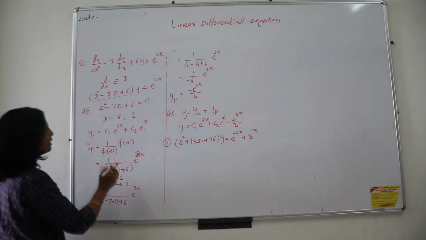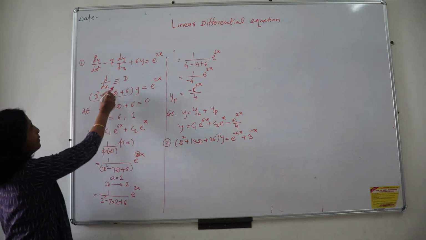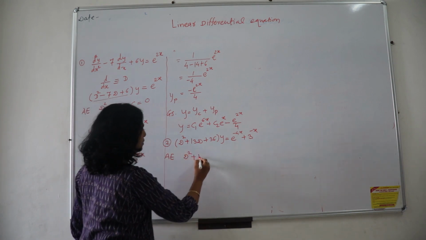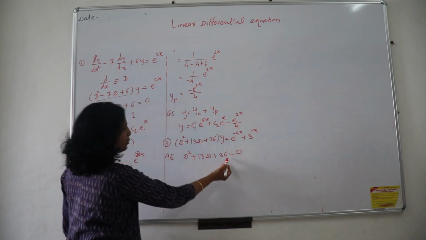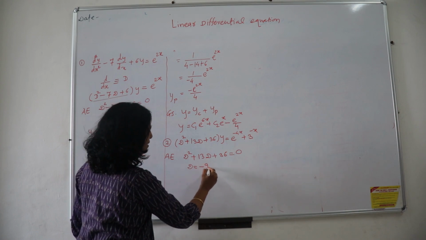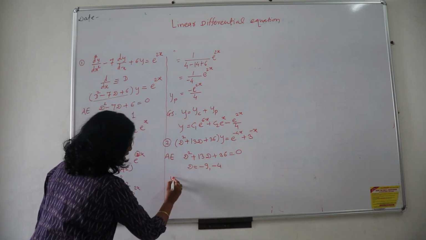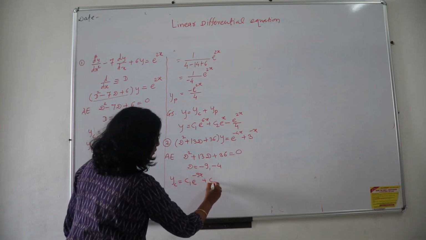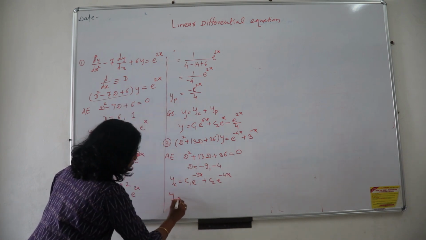Now the example is directly given to you in d format, so d is already there. So I don't need to replace it once again. Directly continue. Auxiliary equation d square plus 13d plus 36 is equal to 0. Now the factors are 9 and 4. So this will give me d is equal to minus 9 and minus 4. These will be the two roots. Again roots are real and distinct. So yc is c1 e raised to minus 9x plus c2 e raised to minus 4x. Right? Now continue with yp.